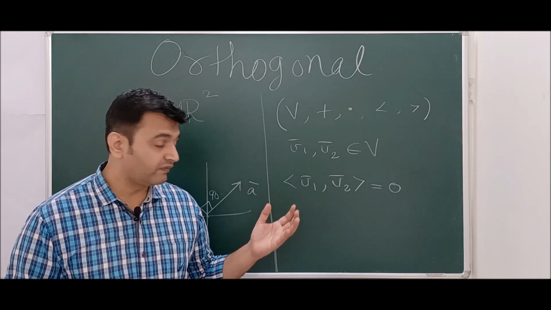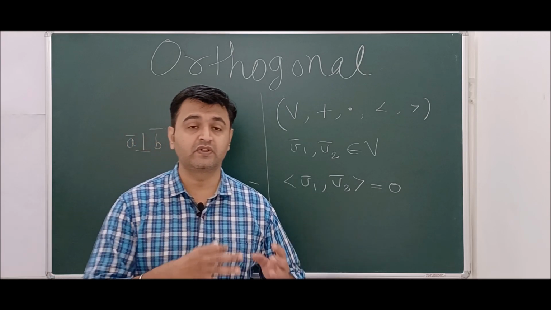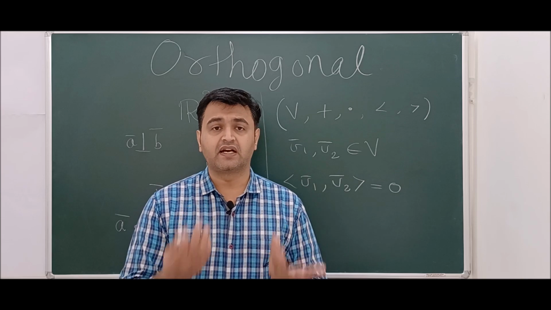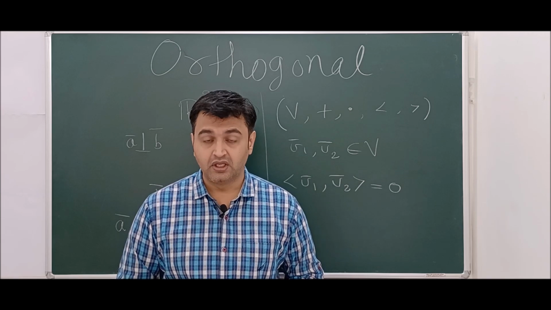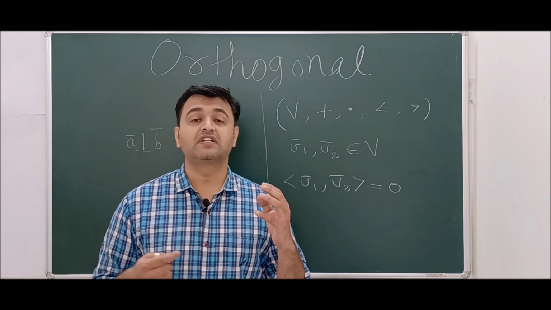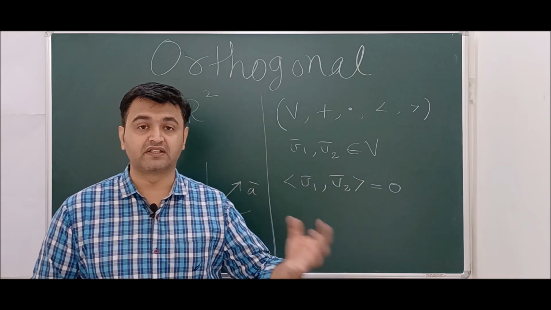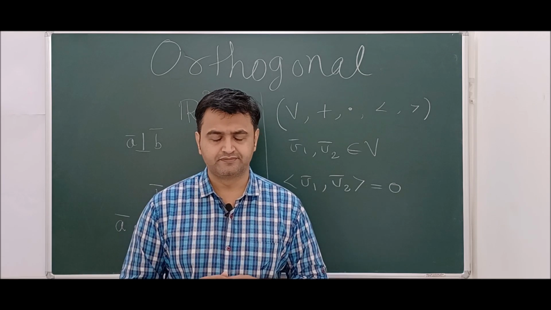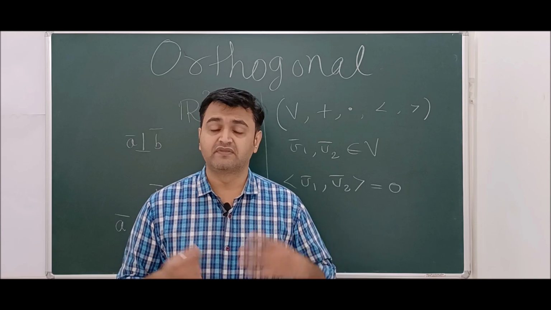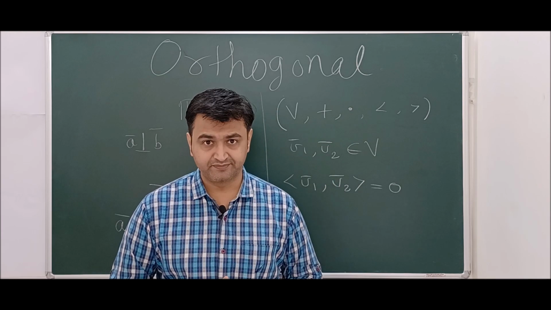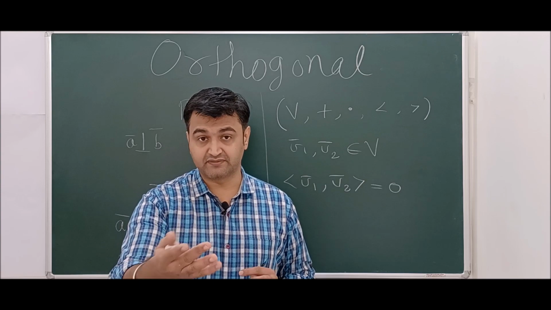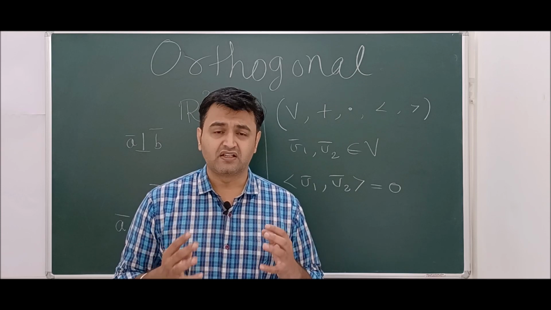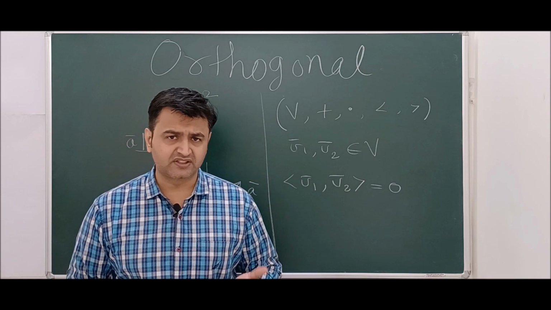Okay, now one thing one should realize is when someone gives you some vector space and two vectors, and asks you, are these two vectors orthogonal, the first question you should ask is, what is the inner product you are defining on that vector space? Because on one vector space one can define infinitely many inner products. I have taken some examples on polynomial space where one can define infinitely many inner products. Again, the link is there in the description. So yes, one can define plenty of inner products on a vector space.